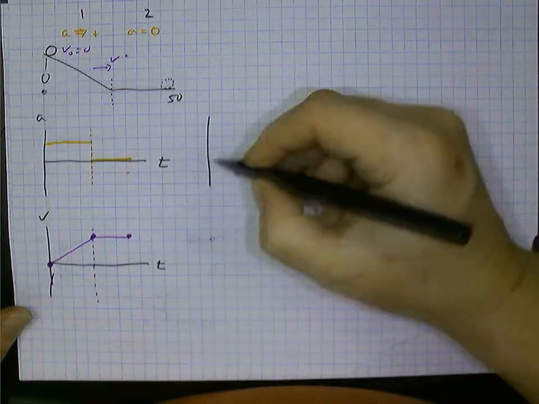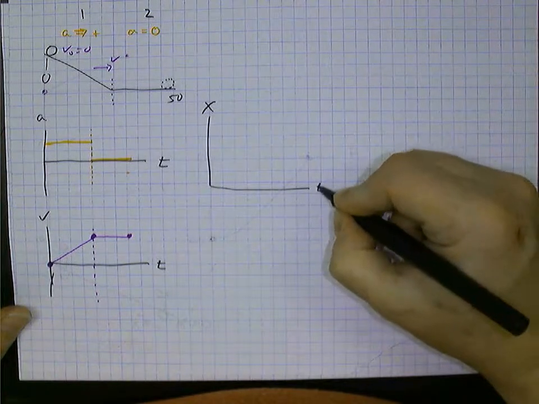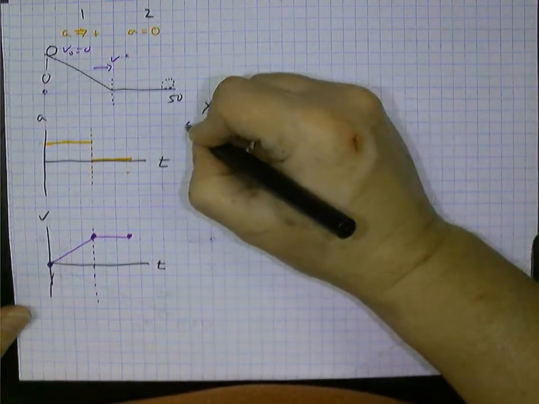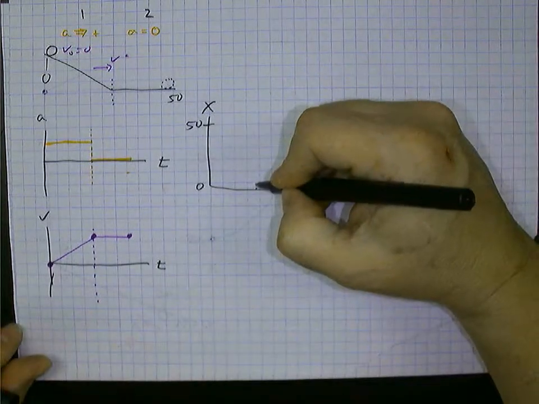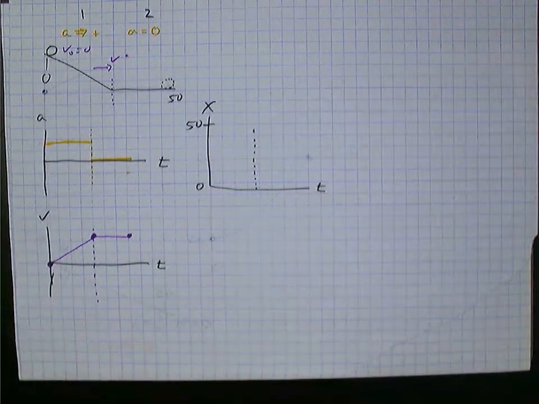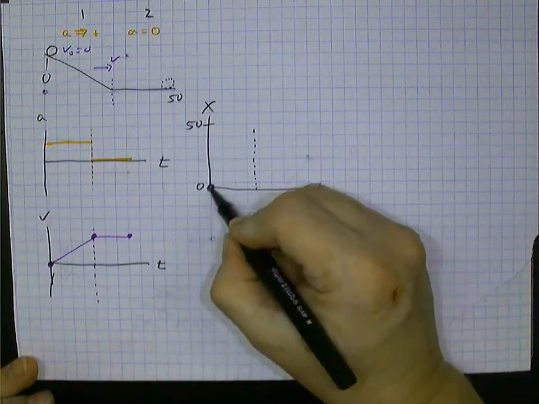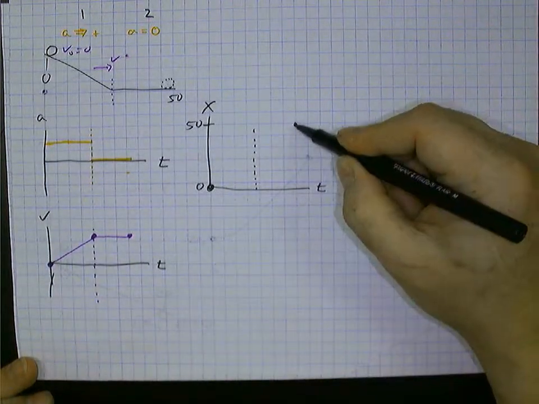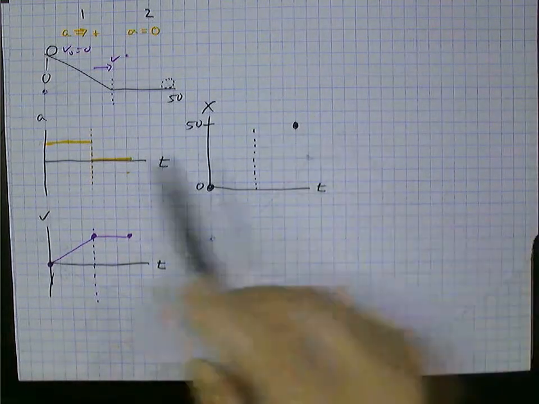The position graph, again, I'm staying between 0 and 50. So I'm going to label 50 up here, 0 down here. I have, again, the transition. All right. The ball has to get from 0 to 50. So, again, 0 here and 50 there. And I have to get between these two sections, but I have to do it with a combination of a